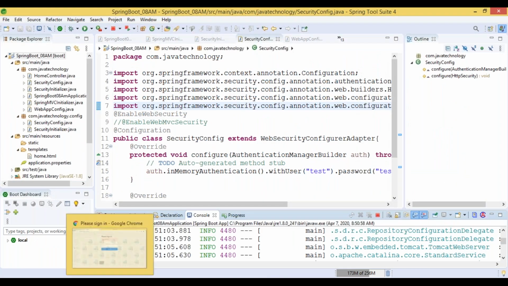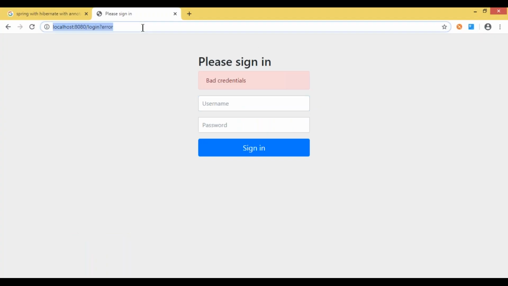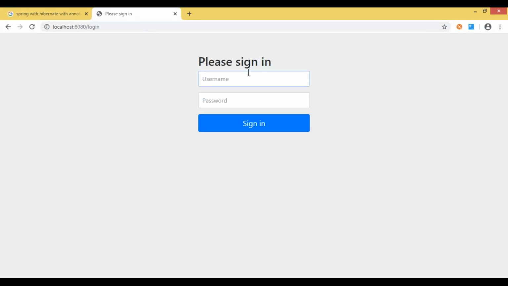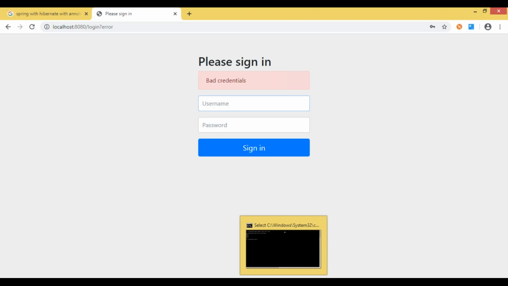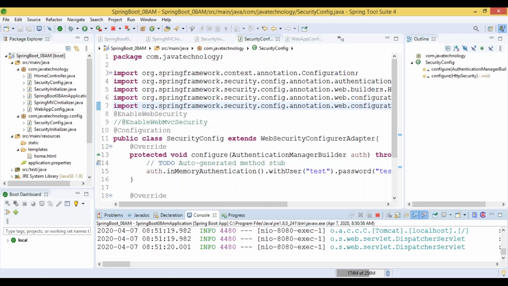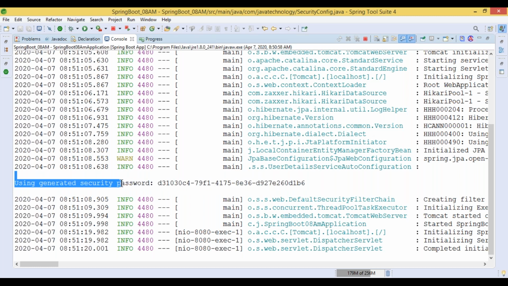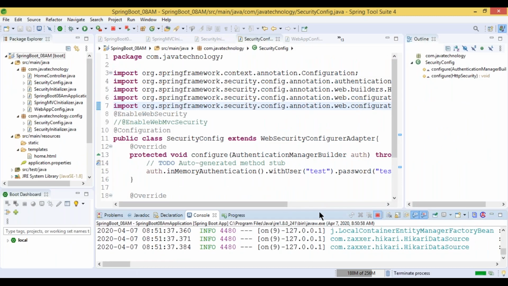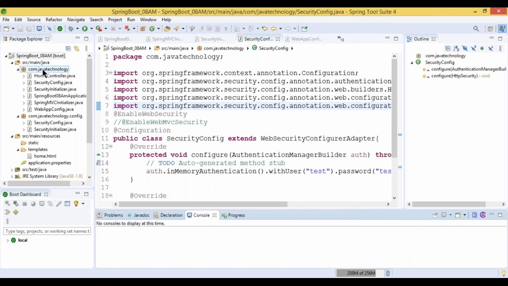Okay, let's try if it is working. Otherwise we'll try to work on database related. I hope it is still working on the default behavior because we can see the password. Just ignore that and I will show how we can work on it. First we need to create a database structure, and we will work on database related information here.